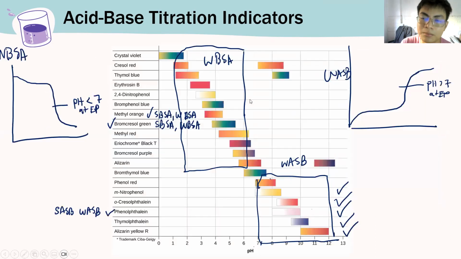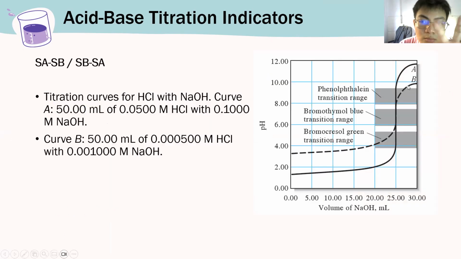Okay. So, ganun lang. So, those are the things you have to keep in mind na when you choose an indicator, number one, make sure it passes through the equivalence point pH and it can distinguish the post-equivalence point. Yun lang yung dalawang rules when selecting indicators. And then concentration goes up, the inflection point becomes bigger. Therefore, you have a wide variety of indicators to choose from. Pero kapag bumababa yung concentration, so maliit yung inflection point, therefore you have a smaller